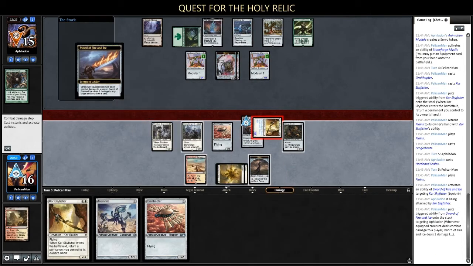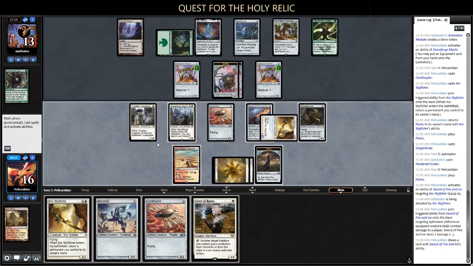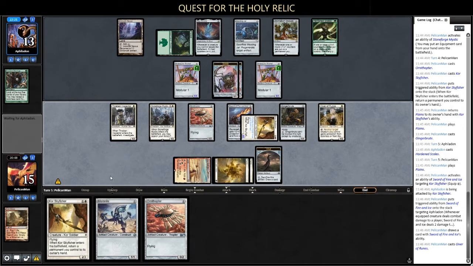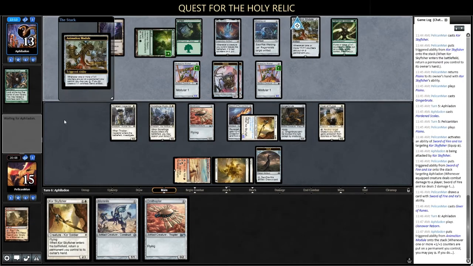Yeah, we'll just dome them. It's not a bad draw. Yeah, I mean, Quest is still a good draw. So I'll continue holding this stuff in hand. Our board's wider than theirs, so...